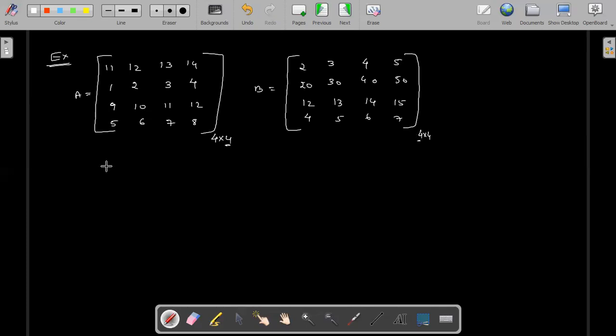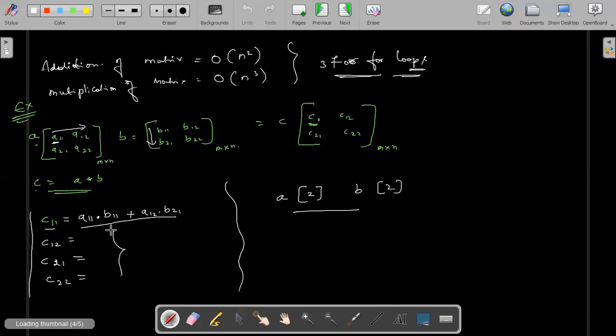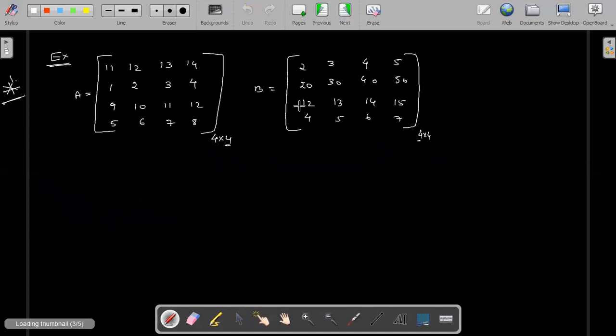Now what do I want to do? Please understand, I want to do the multiplication. Basically we are working on multiplication here, Strassen's multiplication. Now basically, instead of doing it like that, as we did previously, instead of doing all these things, please observe here, we are going to apply